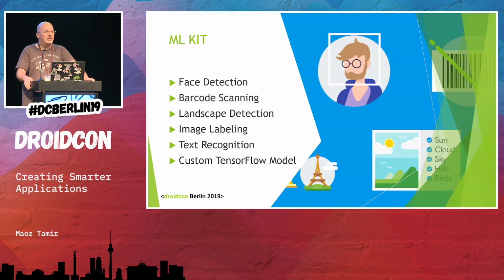But this is something which is very generic. These models are very generic. That means that if you are talking about image labeling classification, which uses labels, you first need to make sure that the labels that you are looking for in your application are there. So if you want to detect a chair, you probably can detect a chair by using MLKit. But if you are trying to detect something which is a bit different, you need to find some kind of a solution.